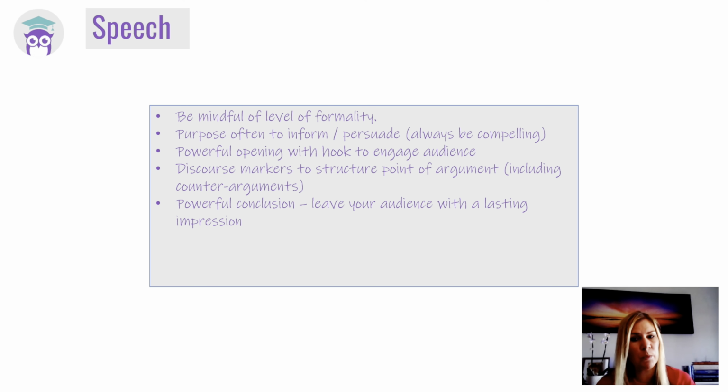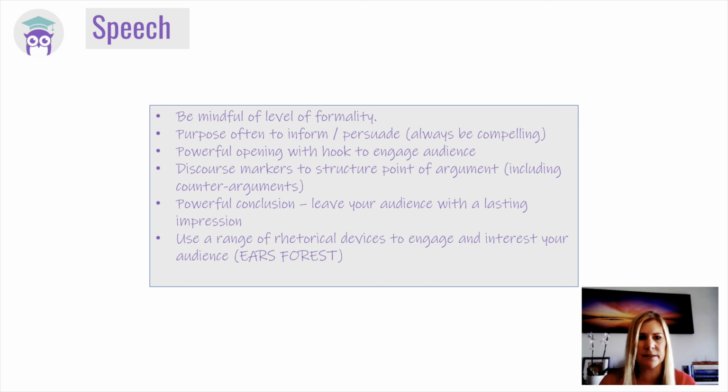And we want a powerful conclusion, yeah? So leave your audience with a lasting impression, especially if you're writing to persuade. You're going to want to use a range of rhetorical devices to engage and interest your audience. Certainly if it's writing to persuade, but like I said, if you're trying to be compelling, you're going to use these ideas. So emotive language, alliteration, rhetorical questions,